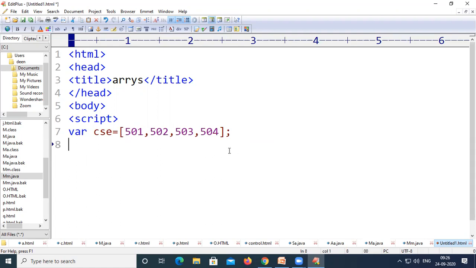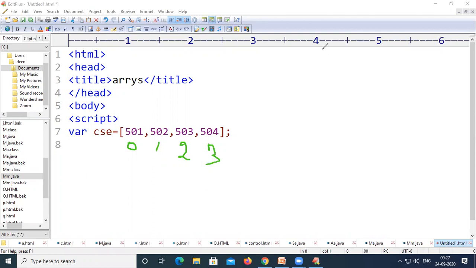Now CSC is an array because it has four values: 501, 502, 503, and 504. These are stored at CSC of 0, which stores 501, CSC of 1, which stores 502, CSC of 2, which stores 503, and CSC of 3, which stores 504.